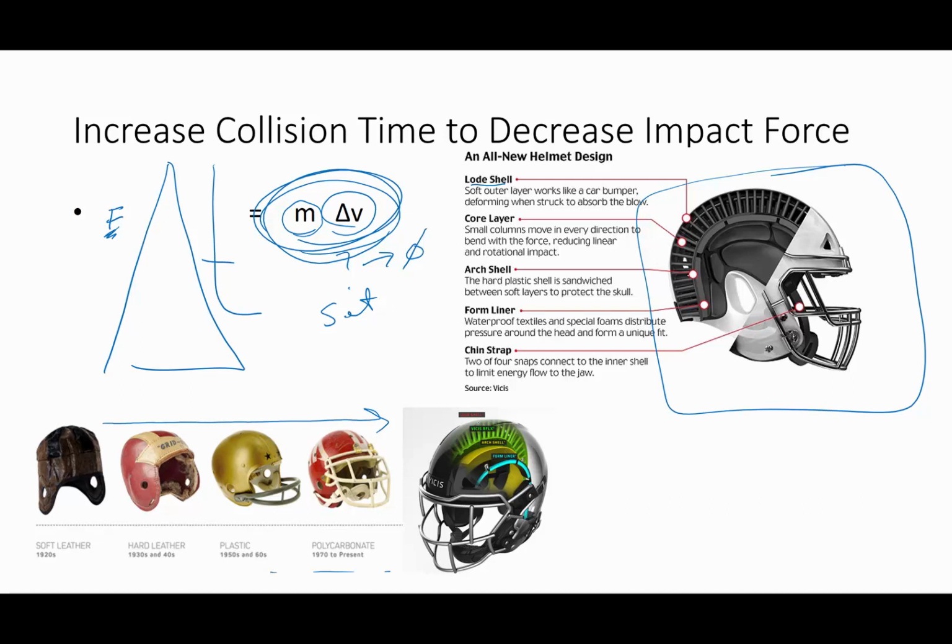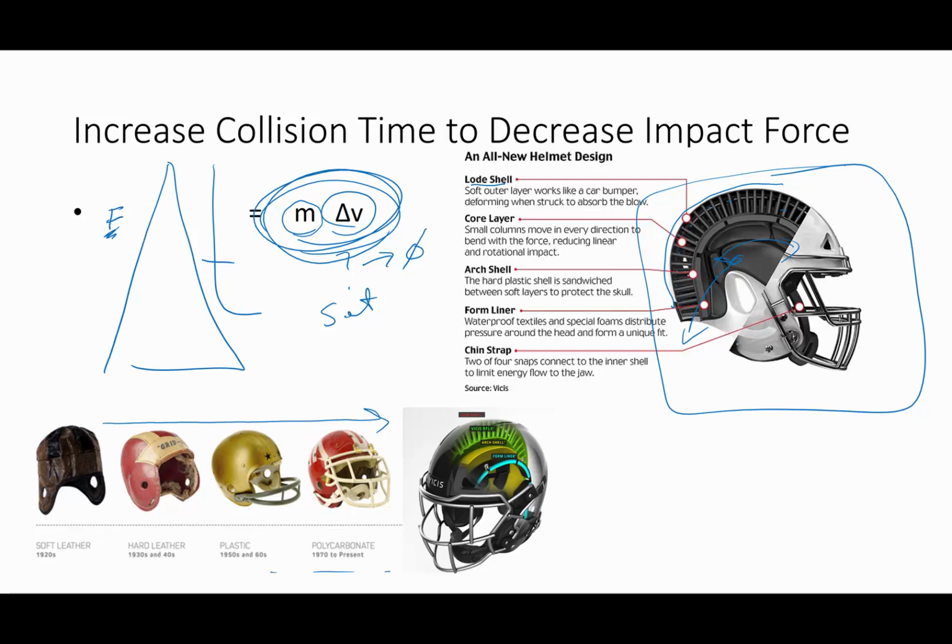The outside surface actually helps distribute the load, distribute the force all over. There's a core layer. All of these little pockets in here, this is a crumple zone built into the football helmet to slow down the amount of time it takes to stop the head. There's a plastic shell sandwiched between the soft layers to just help protect the skull, and then the foam lining is to help distribute the force throughout and around the head so you don't get one spot that gets really